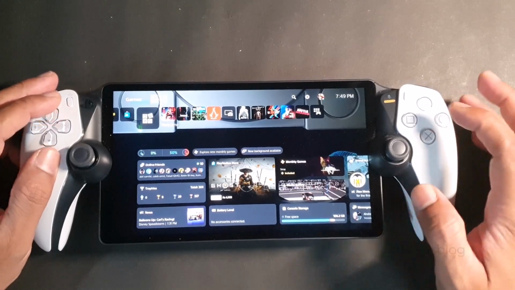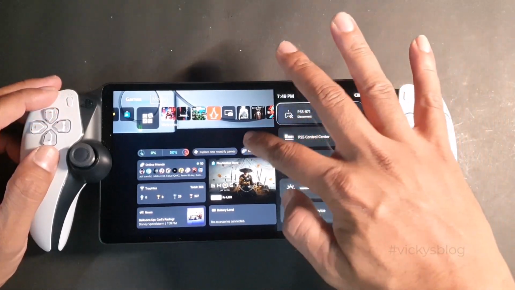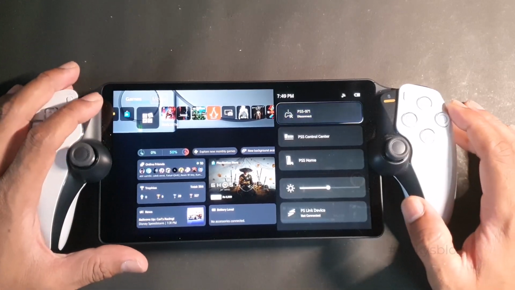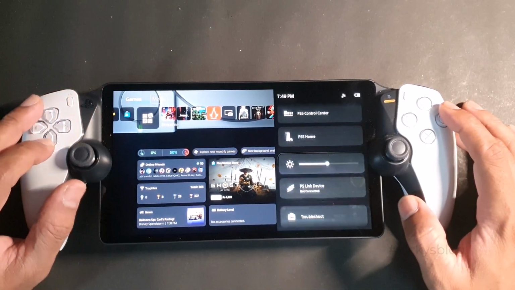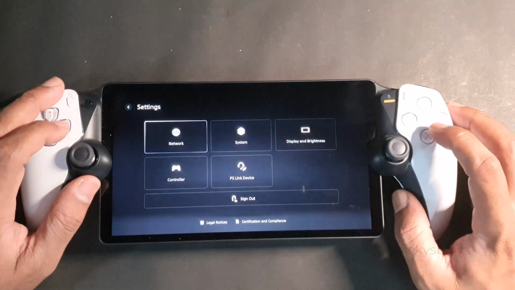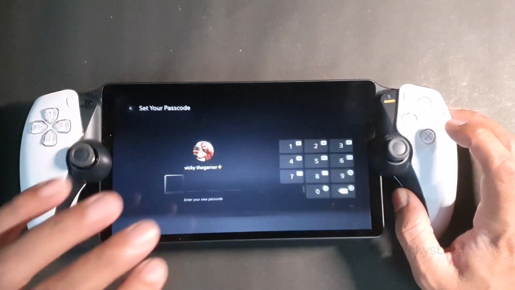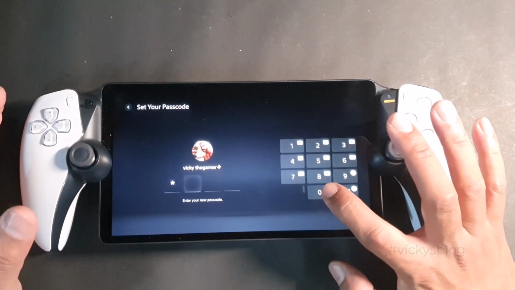It's very simple. What you need to do is simply slide like this, or you can press the PS button if you have the latest software, and then go to settings. Under settings, you can see system, and then go to passcode. Under passcode, I'm going to set this 0000,